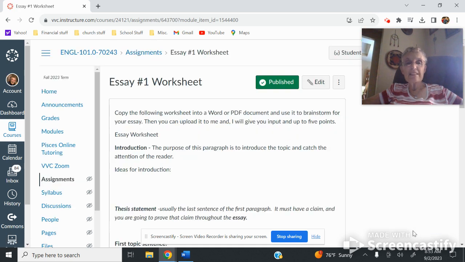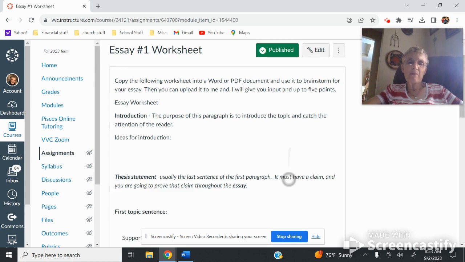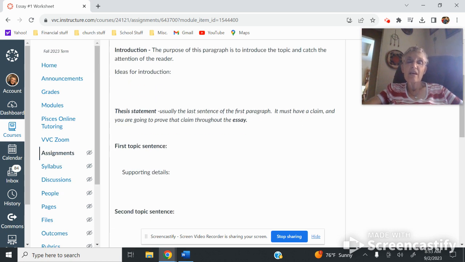Okay, this is your worksheet that will kind of get you, once you figure out what you're doing, you're going to fill this out, and then I'll give you input on it. Okay, you're going to say, what do you think? You're just going to say, what do I think I want? Maybe you're going to do for the introduction. Write your thesis statement here. This is very important. I can give you an idea of whether it's going to work or not,